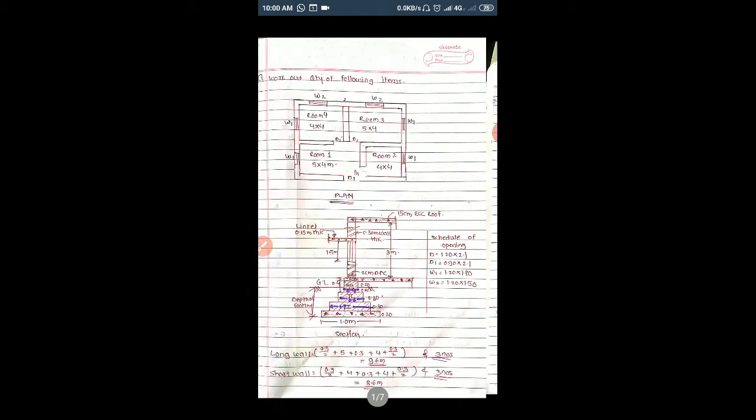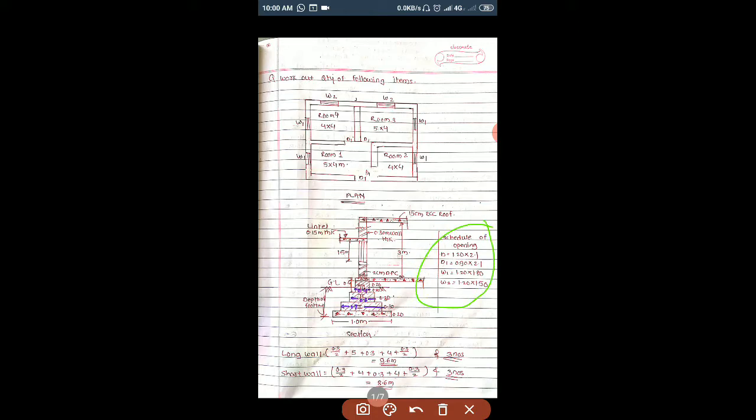Then, this damp proofing course is not provided below the sills of the wall, that is, below the door sills. So we will subtract this quantity of doors from the total 16.37 value. From the schedule of doors and openings we will get the width and height of these doors and windows. Then we will deduct this quantity. These are known as deductions. So we will deduct this quantity from the total quantity to get the final quantity of damp proofing course.